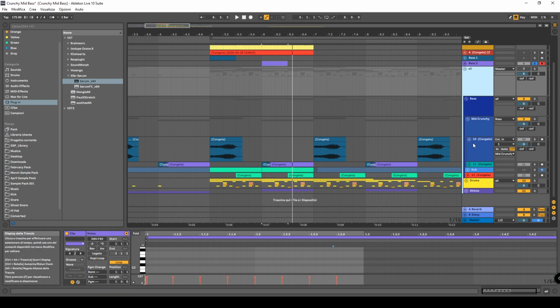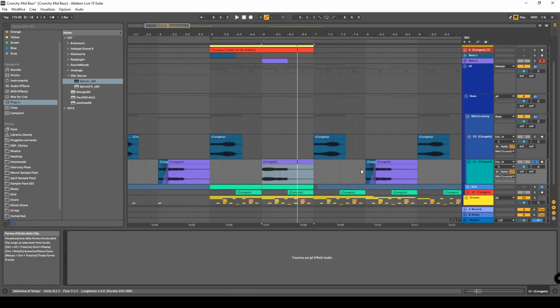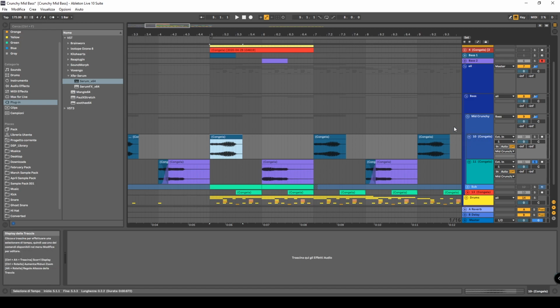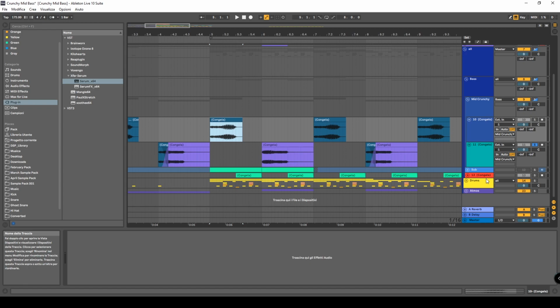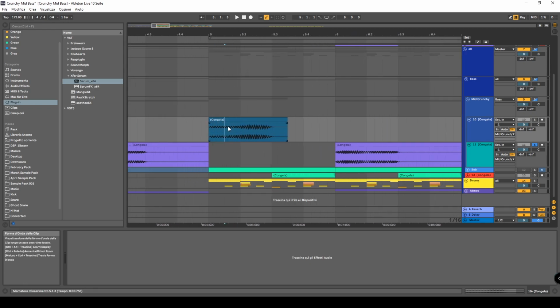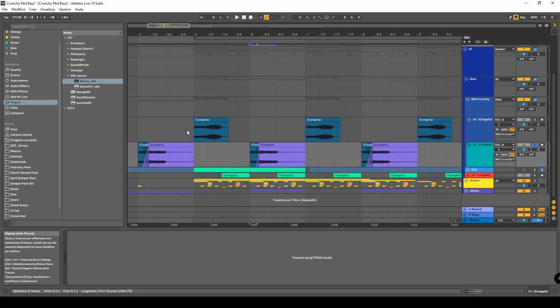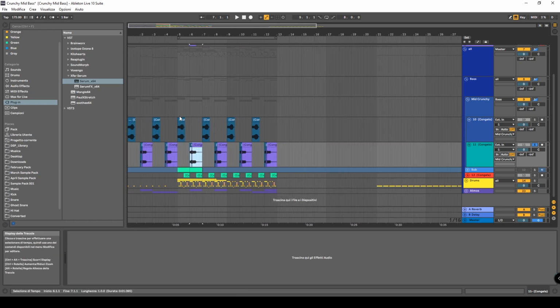What I do down here is I made this thing because I like how the first bass patch interacts with the kick of the drums. So the first kick is here. I basically copy this part, I paste here, and I create a fade to blend together the two samples. We have something like